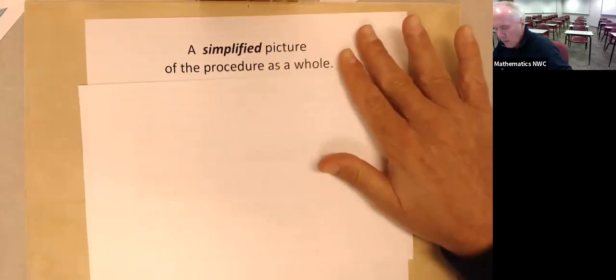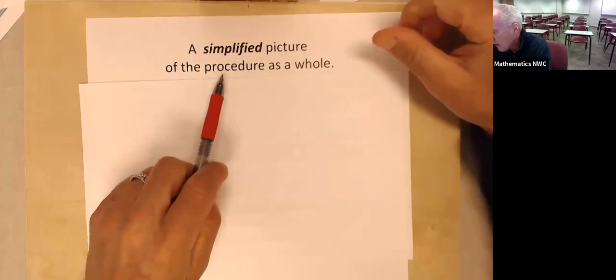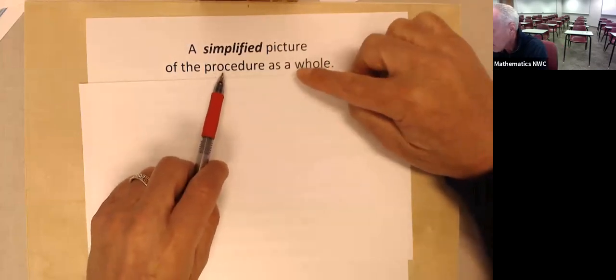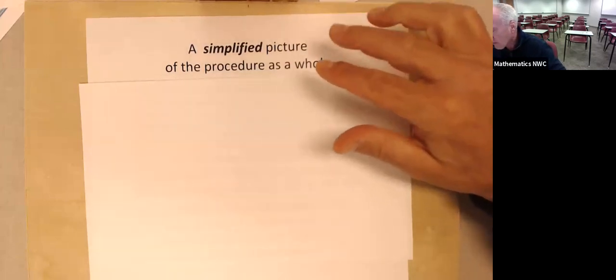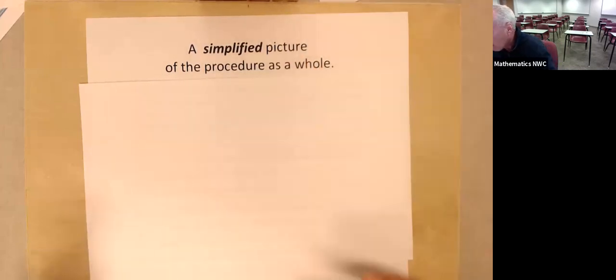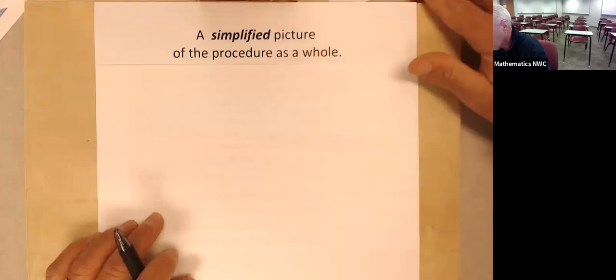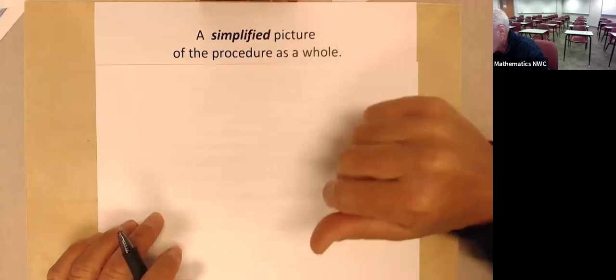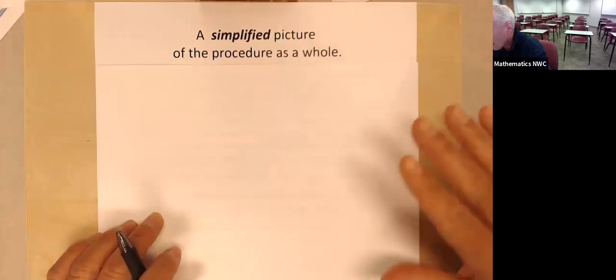I'm going to do one problem now because I want to see the entire procedure at one time. I don't expect you to have this mastered after this one example, but I'm hoping after seeing this one example, some of the other things that we've talked about might make a little more sense. So take out that page of notes again and follow along steps 1, 2, 3, and 4 as I do this example.